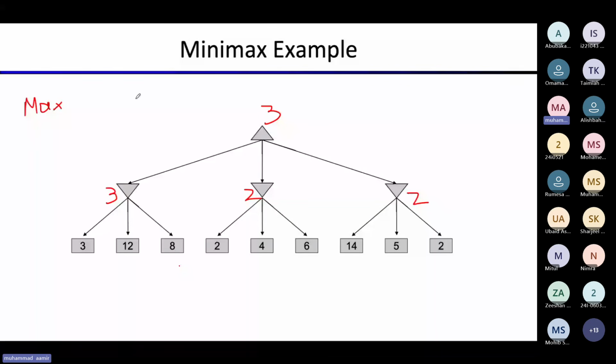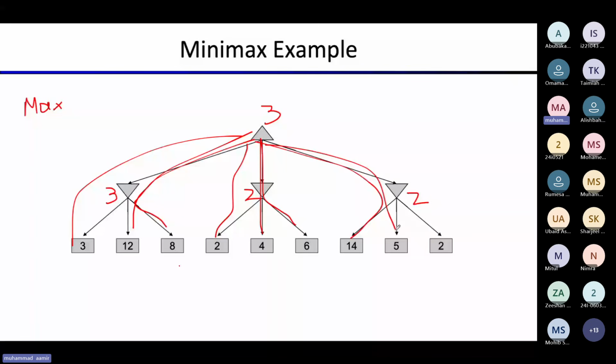Player 1 is looking at the whole tree, all the possible moves, because player 1 has to decide which move to take. We are looking from the perspective of player 1, right? We are looking from the perspective of the max player. We applied the minimax algorithm, we went through all the terminal states and we got the value 3. The alpha beta algorithm is saying,